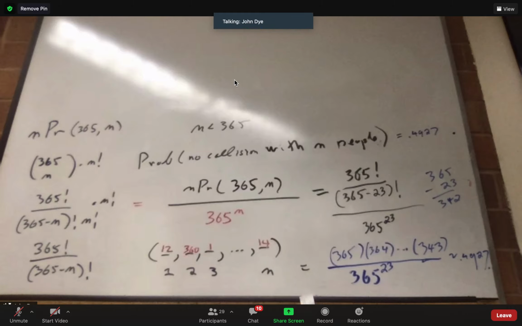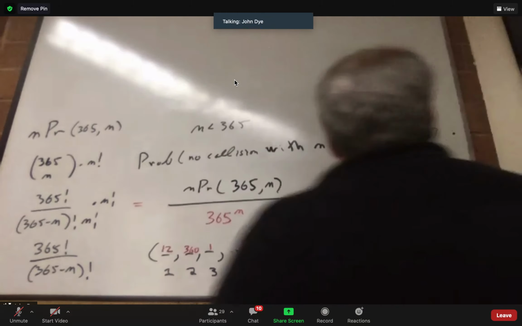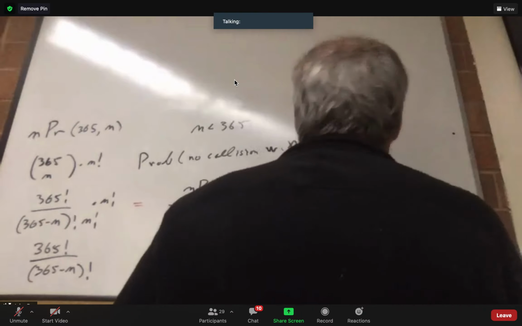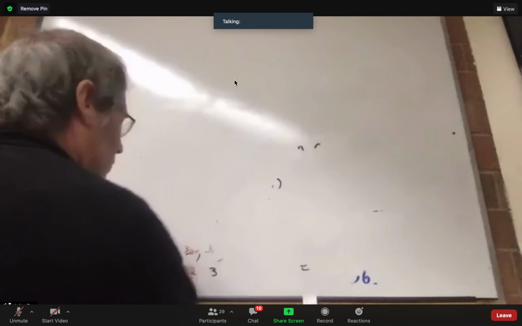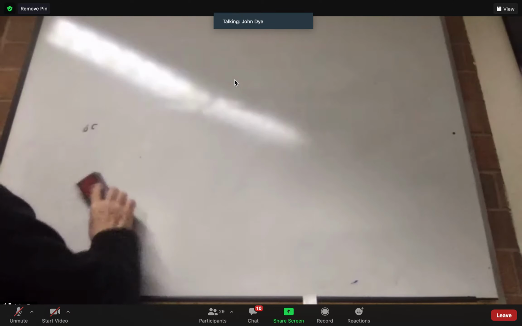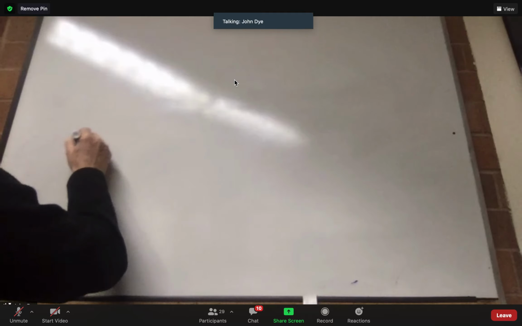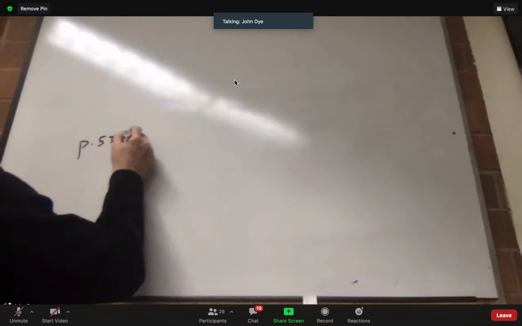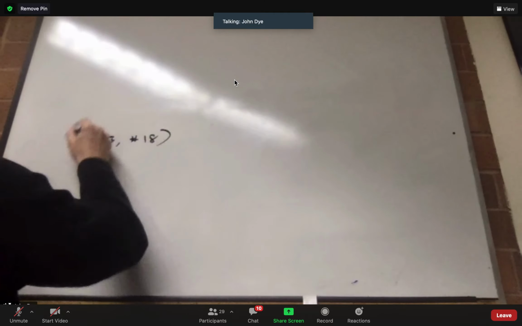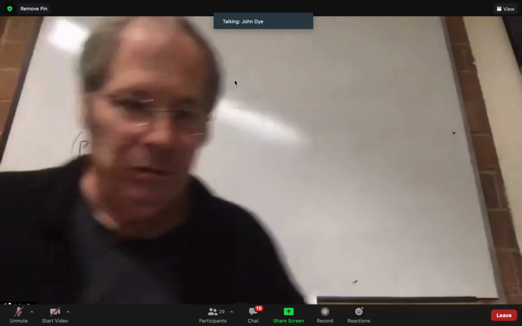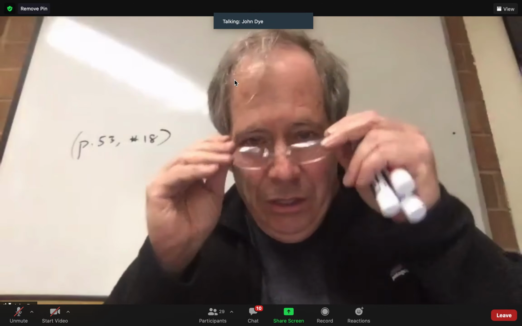Page 53, number 18. I'm counting on you guys to have read the problems on the test, otherwise this won't make much sense. Page 53, number 18. Now, if you're a math major, there are certain sequences of numbers